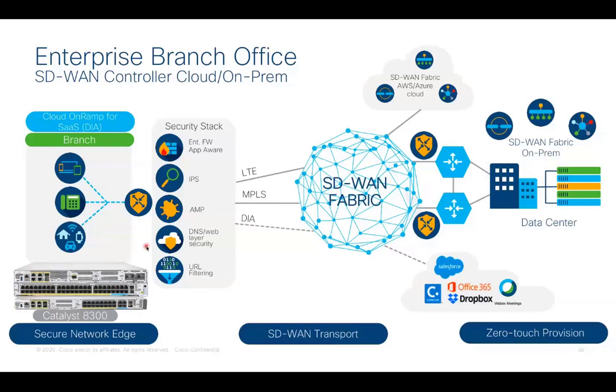Basically, it provides you highly secured end-to-end data flow between your branch to the hub or to the cloud. And we do support multiple WAN transport, whether it could be a private MPLS cloud, cellular connection over LTE, or it could be the direct internet access over internet links, could be Ethernet or via DSL modems.